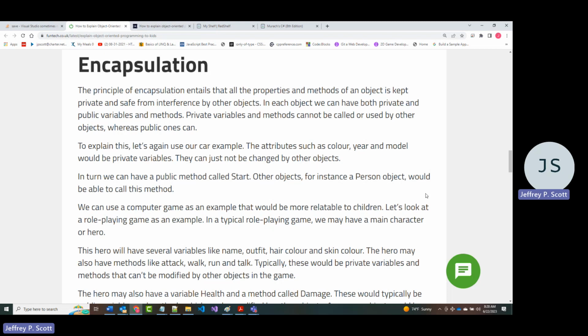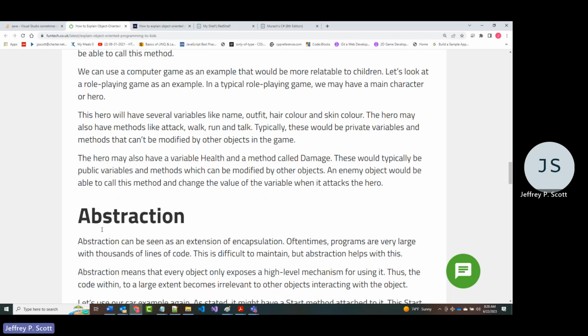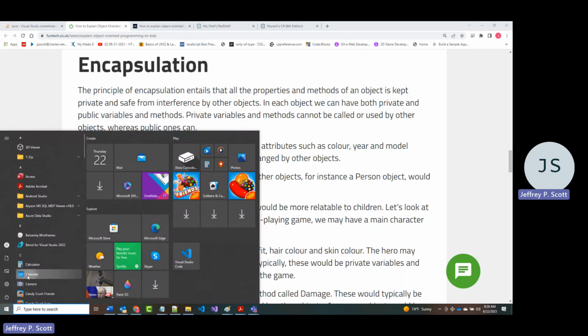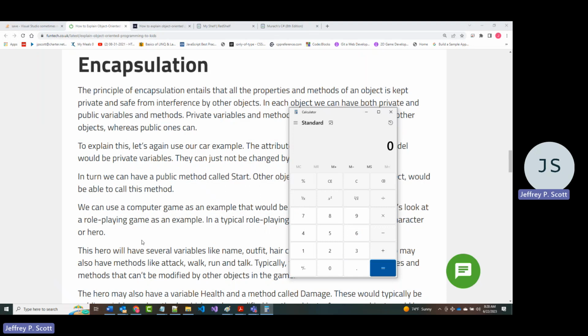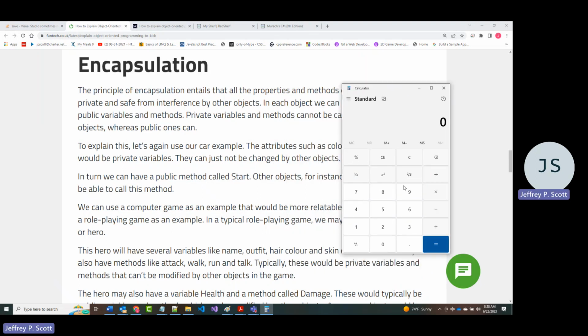Now, let me give you one more example of that. It may or may not seem like it's what we're talking about, but it's going to be encapsulation and what we'll talk about next, which is abstraction. I've used this example before. So if I bring in the calculator and type in a number, let's say 367, and click the square root key, that says that the square root of 367 is